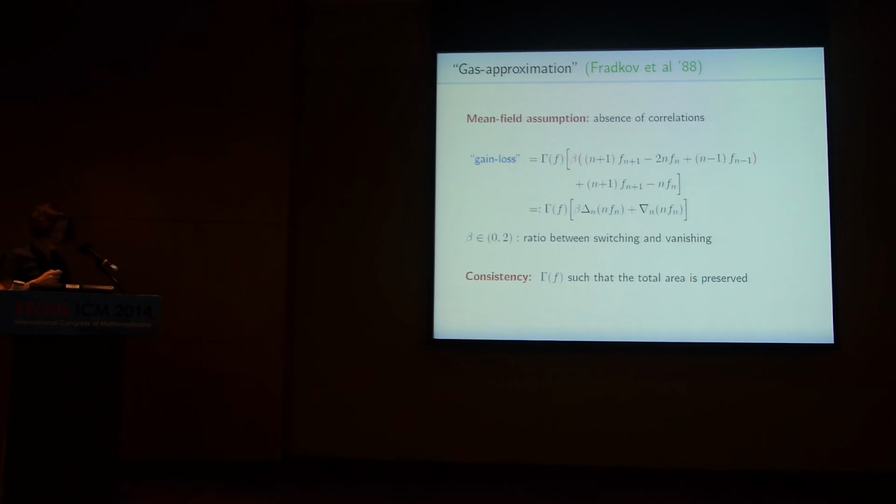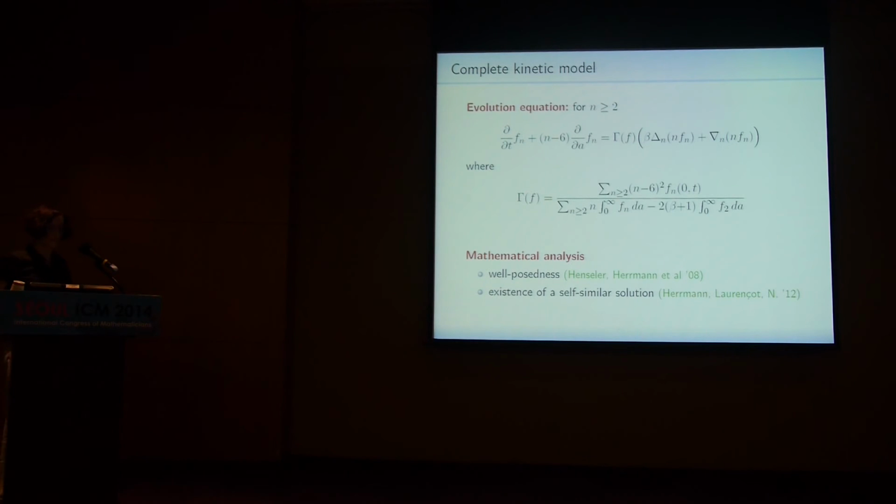And then you need to work out how gamma looks, and it looks actually quite awful. So this is the resulting model. For n larger, n going to infinity, you have the system of equations. For the Fn, there's transport in the A variable, and Fn interacts with Fn+1 and Fn-1 via these terms. And then there's the non-local factor. Don't worry about the details, but it depends in a very ugly, non-local way on the whole system of solutions.